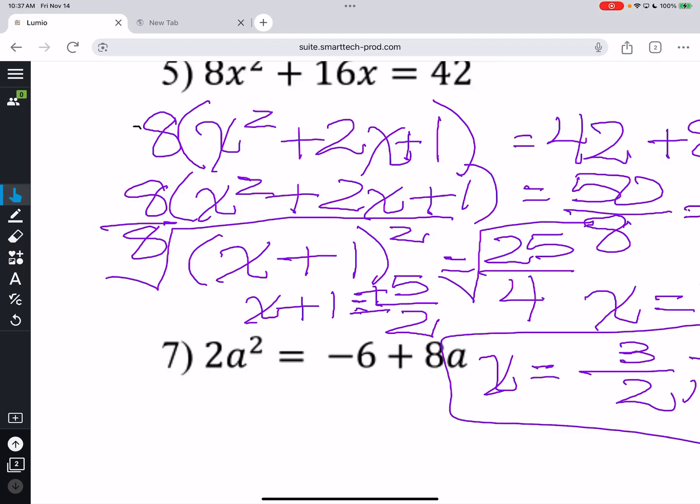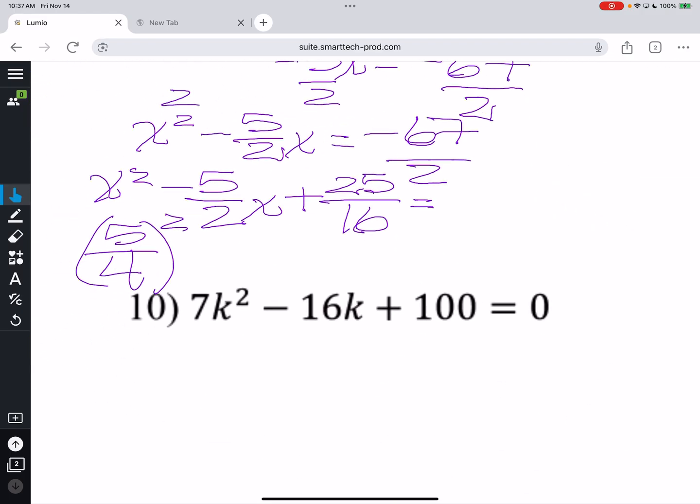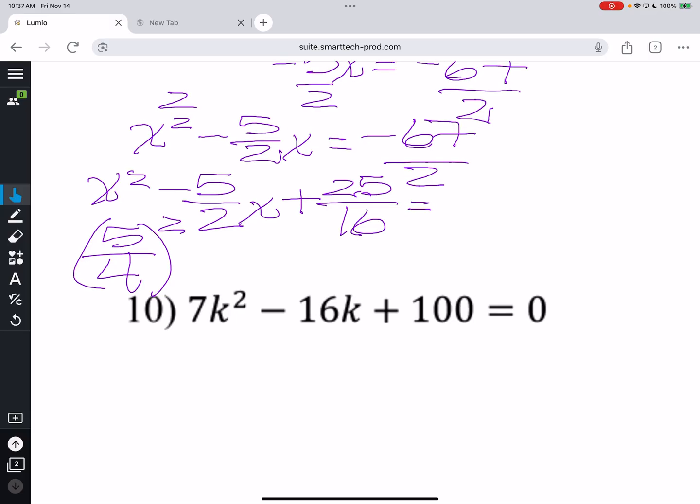So back over here. How did we get 25 over 16? We squared 5/4, because that was cutting that in half and then squaring it. And then that means we've got to add 25 over 16 to the other side, which means we need a denominator of what? 16. So negative 67 over 2, we have to write the equal fraction for that. And I will just go ahead and tell you that that is